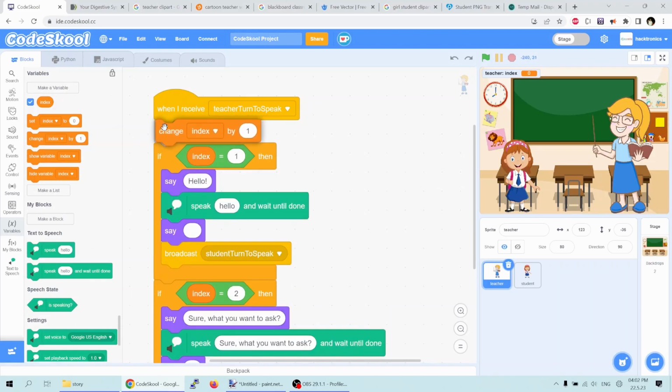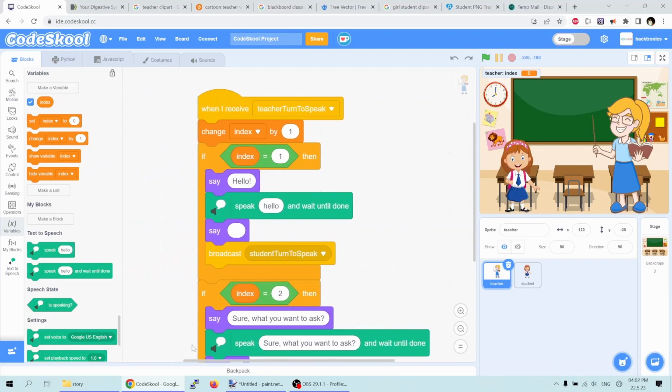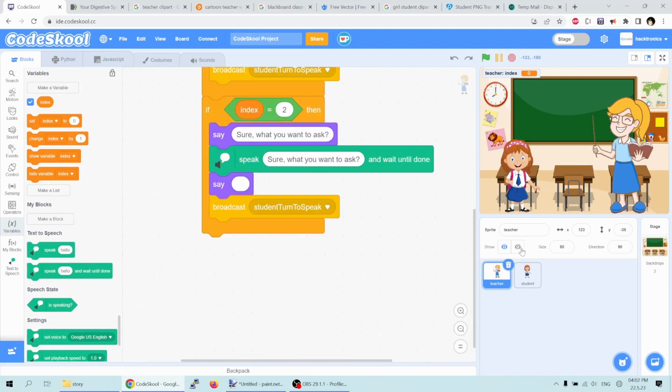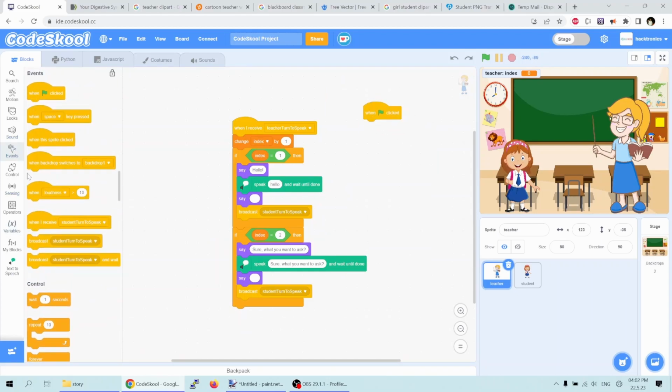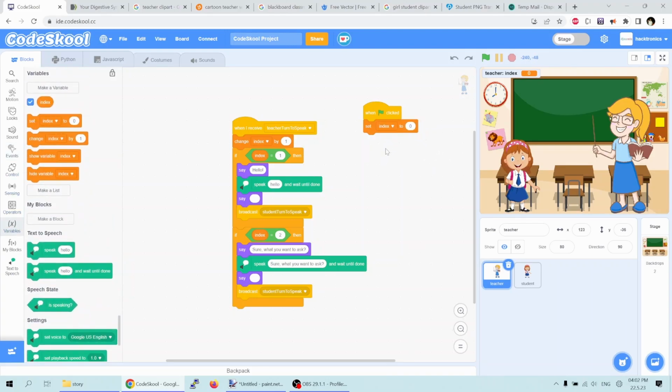So I'll start it before itself, it will increment the index, and in the green flag I'll add a green flag event also. So in this event, I'll set that index to 0. So now when the green flag is clicked, the index is 0, and whenever it receives a teacher turn to speak message, it will increment the index, so 0 will become 1, and then this condition will become true